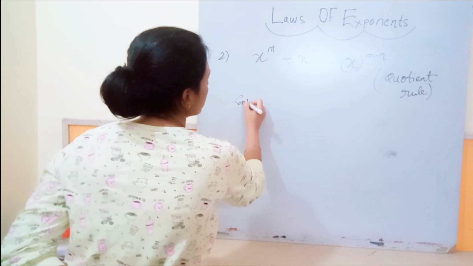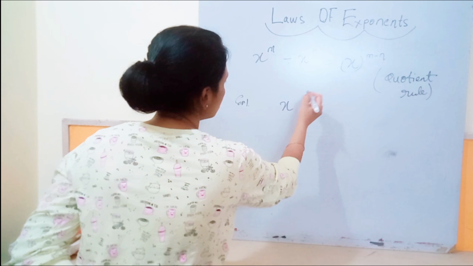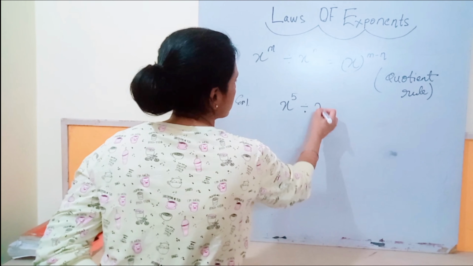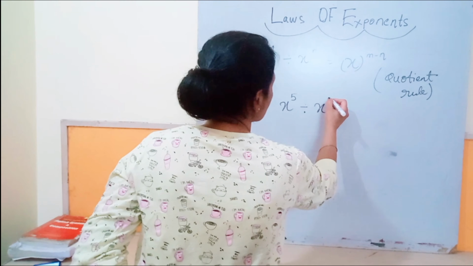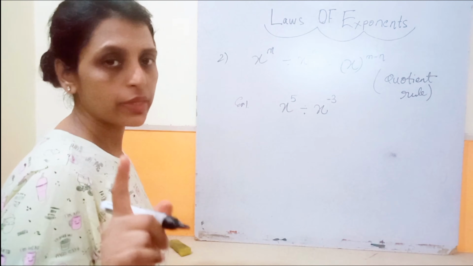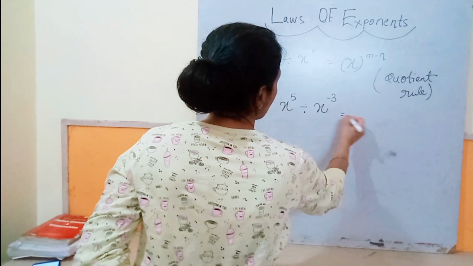For example, x to the power 5 divided by x to the power minus 3. Okay, carefully, x,